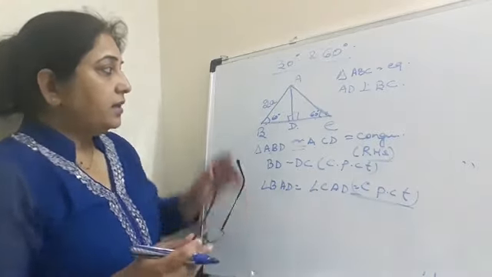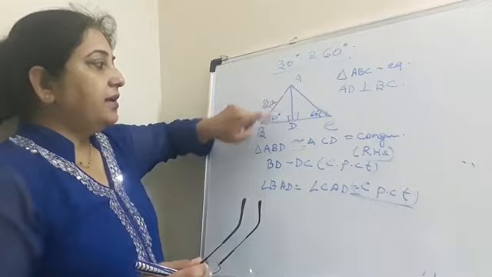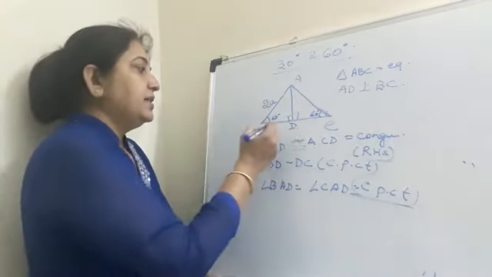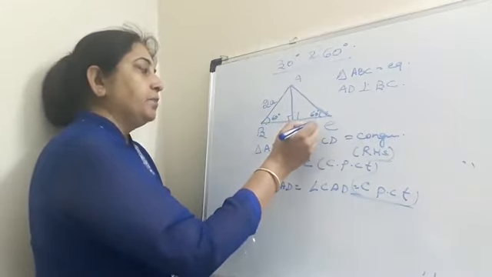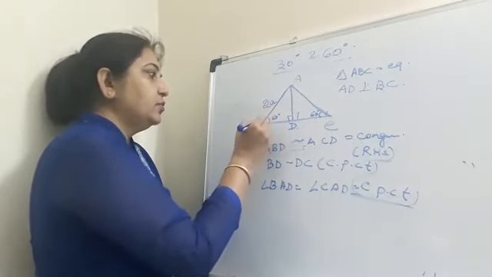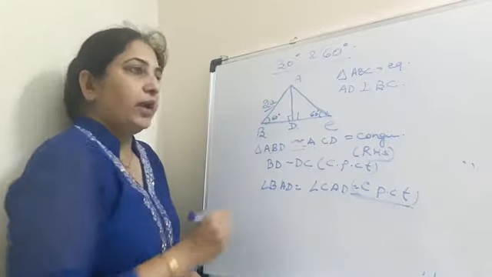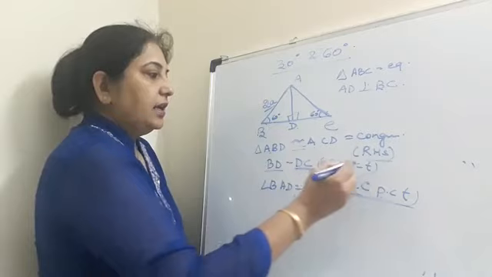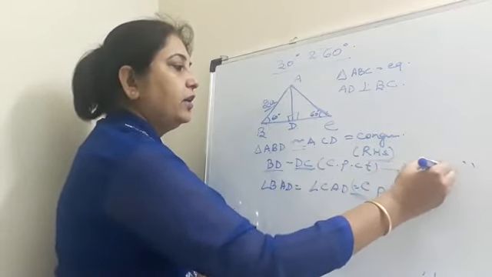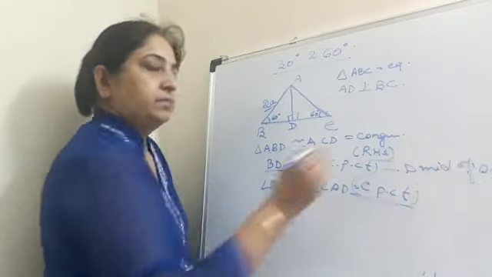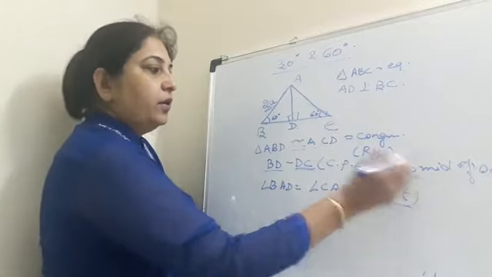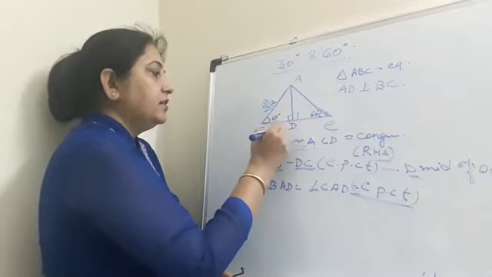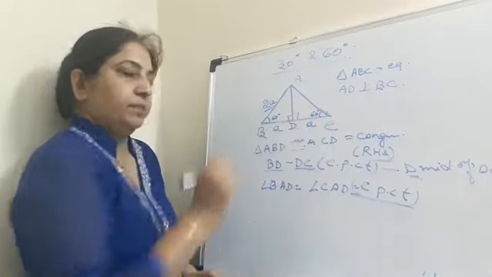So we now take an equilateral triangle. AD is perpendicular to BC. Each angle we take 60 degree, so we write base angles B and C to be 60 degree, and the side we assume it to be how much? 2A. Now if BD is equal to DC, then D is the midpoint of BC. When D is the midpoint of BC, then this total part was 2A, this will be A and this will be A.